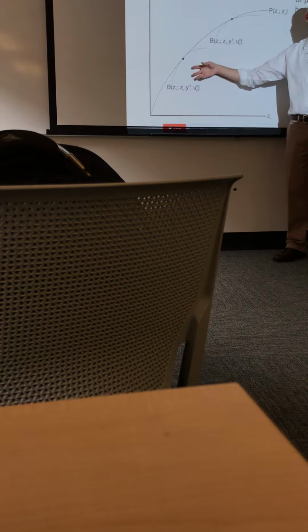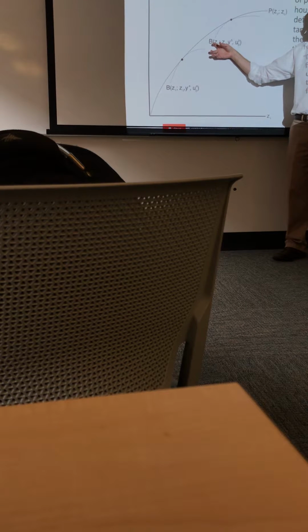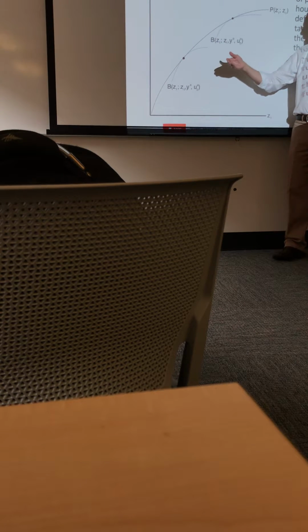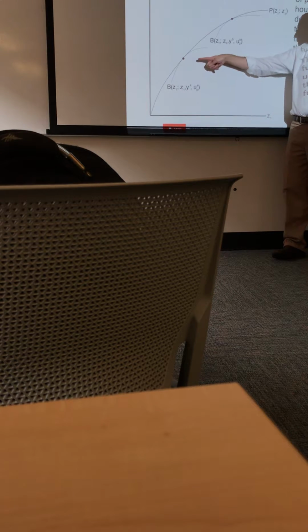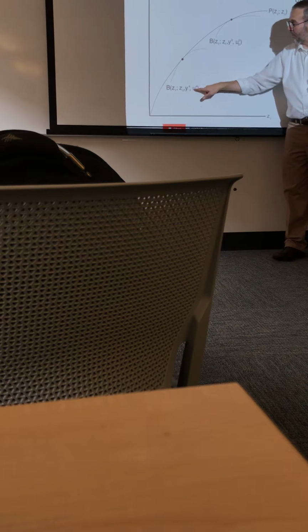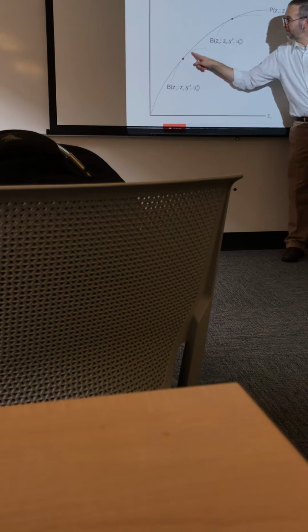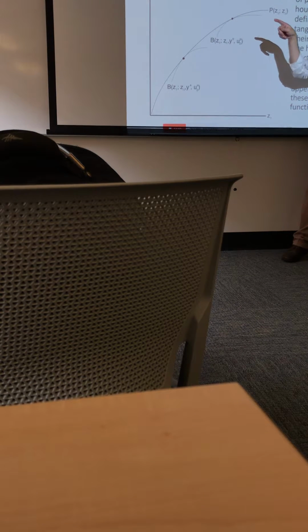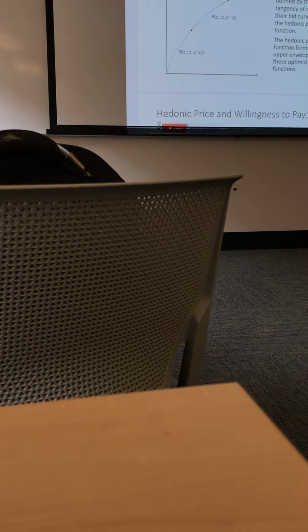This is actually what we spend most of the time in my graduate class studying. So next spring, Luke's going to be in my graduate class where we do this. And he's going to have to then figure out how to recover the shapes of those two different indifference curves when you don't necessarily see people multiple times. And this is what people have been working a lot on since Sherwin Rosen died in 2002. So really complicated papers and methods. Okay, so I'm only saying this because there's a part of it that you don't have to learn and you don't have to see, and I kind of want you to know where the boundaries are. Okay.